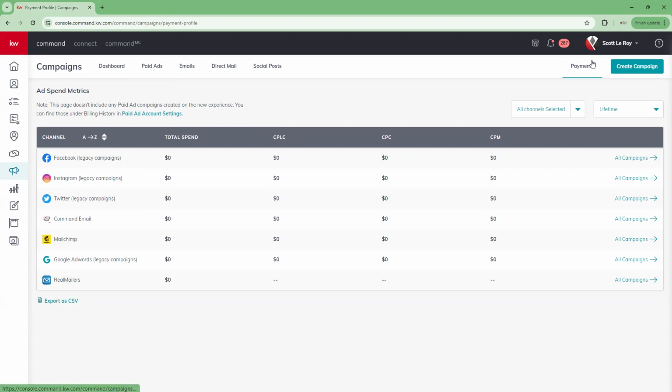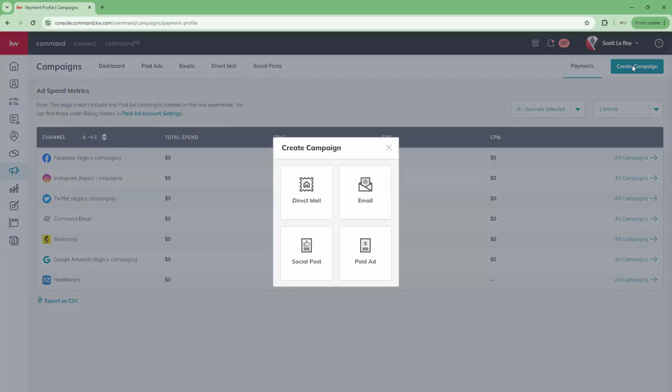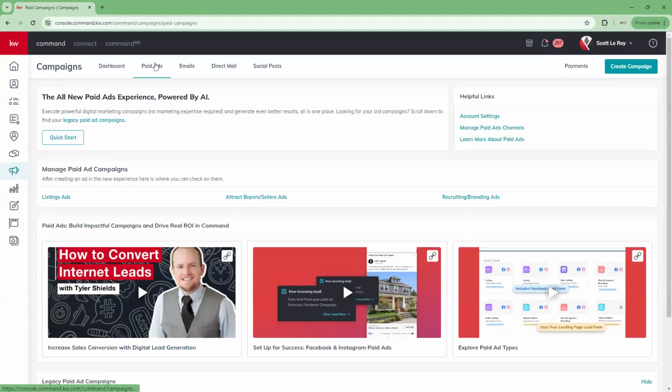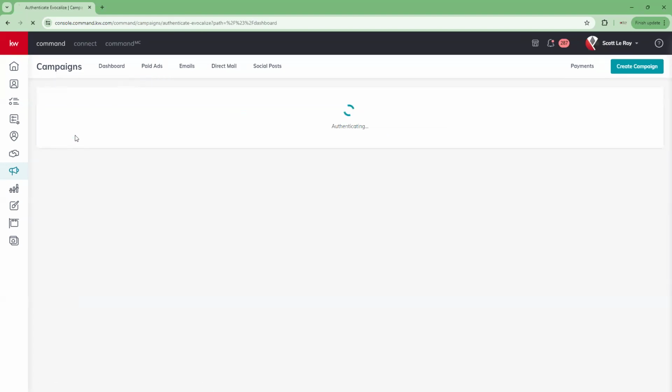Now, let's talk about how we can actually create our new paid ads. In order to do that, you do have two options. One option is to click on the Create Campaign button in the top right corner. Now, if we click on that, you're going to see it gives you all of the options to create any of the campaigns that you are interested in creating. Since we are focusing on paid ads, we would click on the Paid Ads campaign. Now, the other way that you can do it is by going into your Paid Ads tab. When you do that, you can click on Quick Start, and that is going to give you the ability to create your paid ad. So if we click on Quick Start,